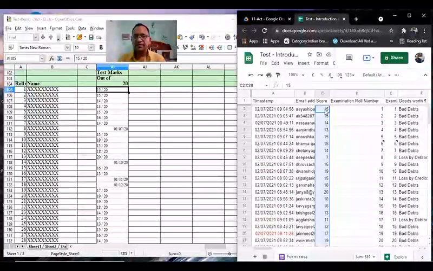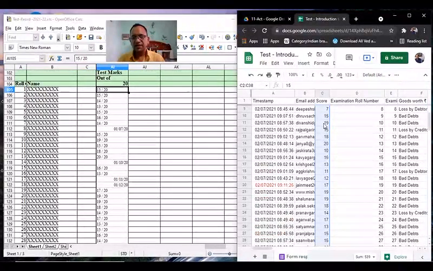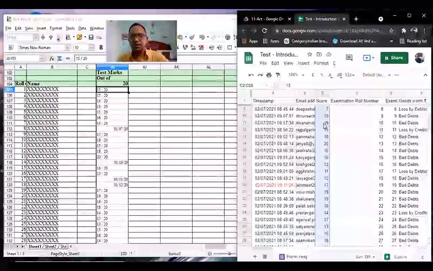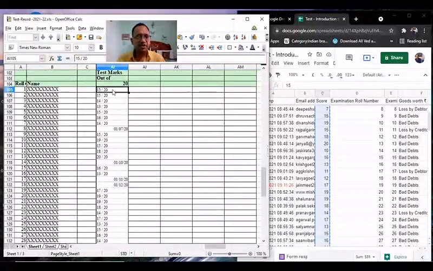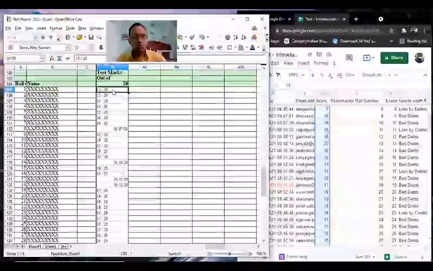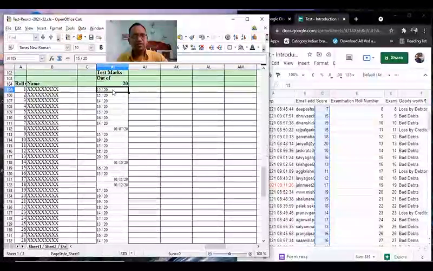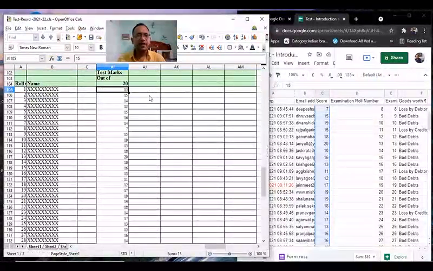This range is already selected. Again I press Ctrl C to copy it. I go back to my other spreadsheet. I click on the first cell where the first score value should come. I press Ctrl V. And you see, I have got the marks of all the students, roll number wise, in absolute terms rounded off.